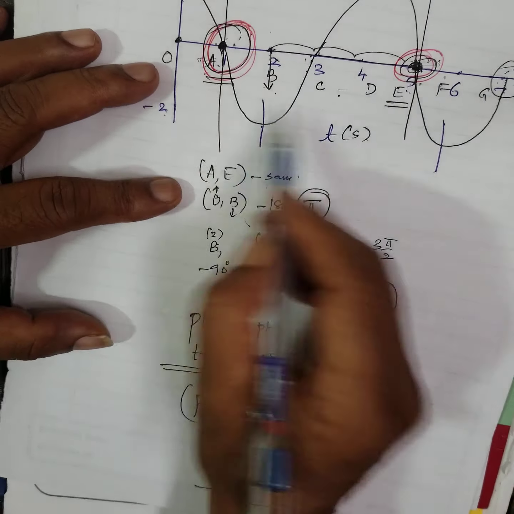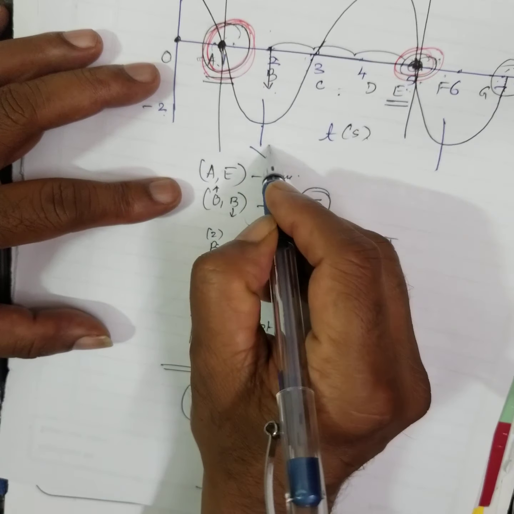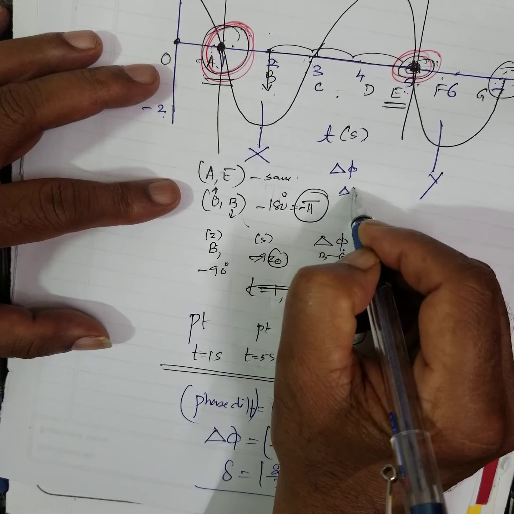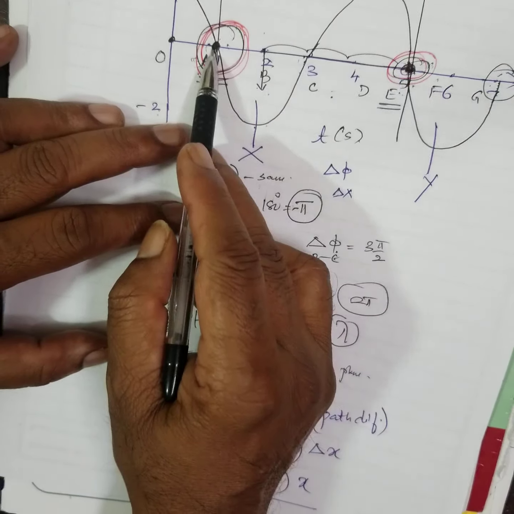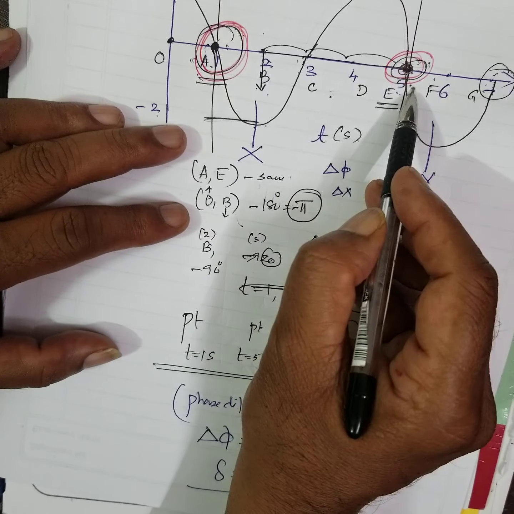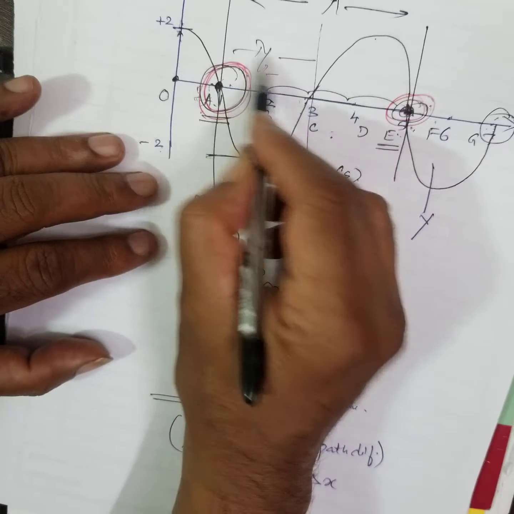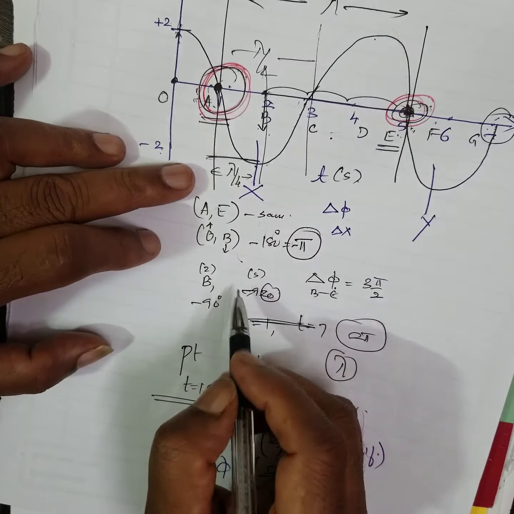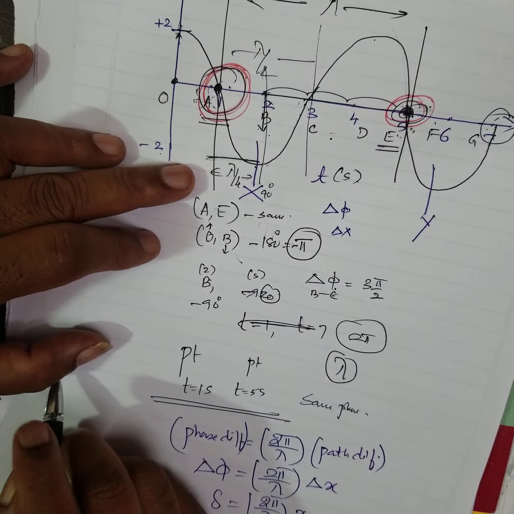These 2 points, x and y. See, from here, one wavelength. What is the phase difference and what is the path difference? If I ask you how to do this, from here to here, what is the phase difference? Path difference. This is fully one wavelength. Therefore, this is lambda by 2, this is lambda by 2, and this is lambda by 4. Lambda by 4 corresponds to 90 degrees.